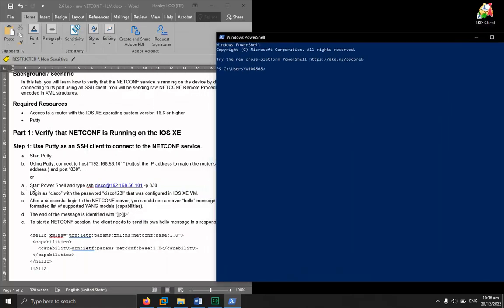I'm going to start PowerShell and type SSH cisco at 192.168.220.129, the address we found that has been auto configured on the CSR1KV through DHCP. So basically type SSH cisco, which is the user that has been pre-created on the CSR1KV, at 192.168.220.129. Remember to replace the IP address with the IP address that you have found on your instance of